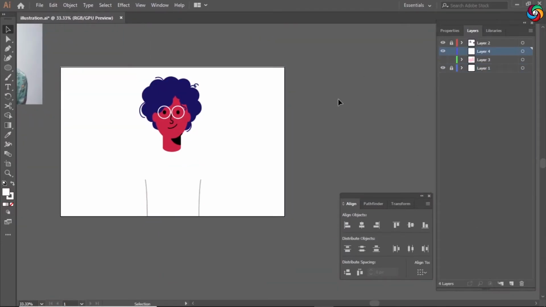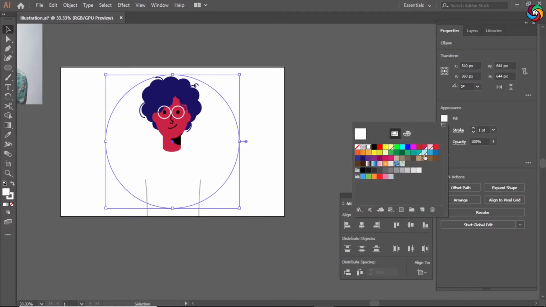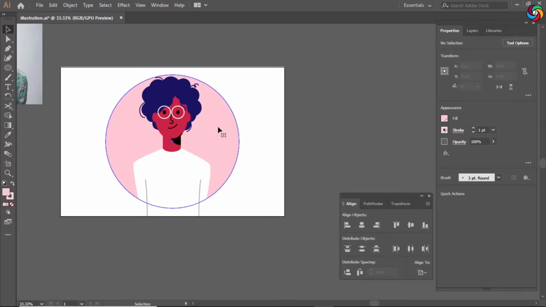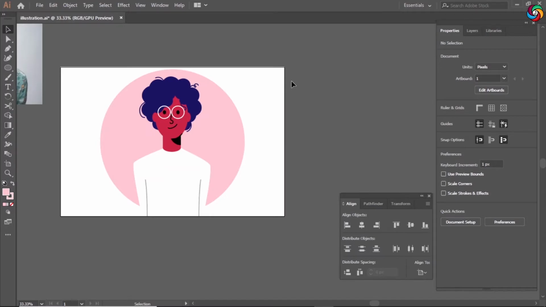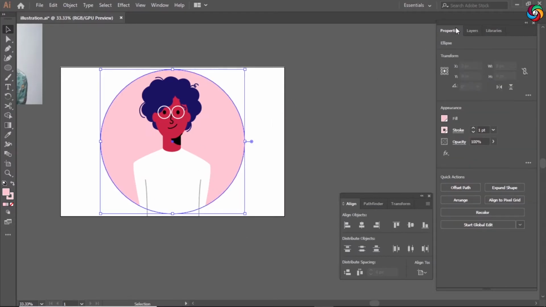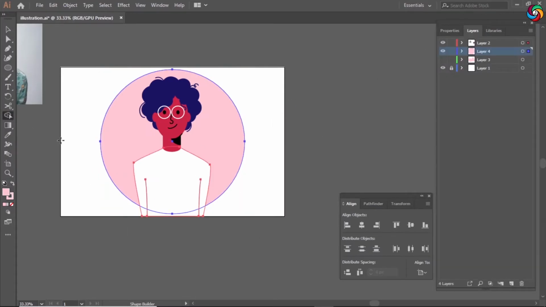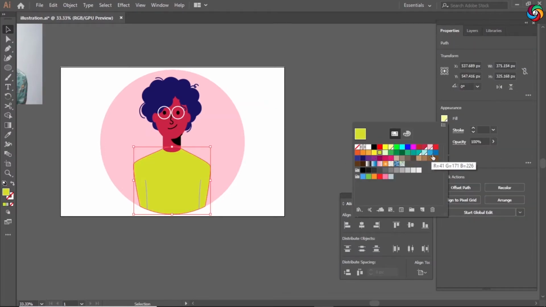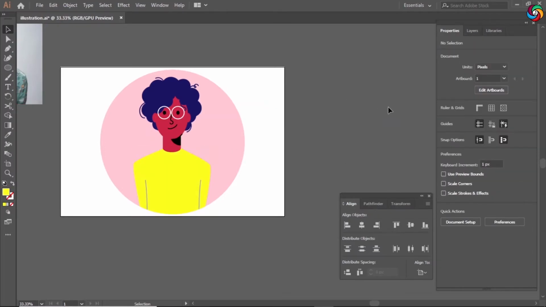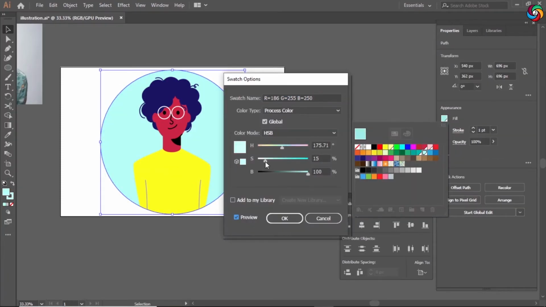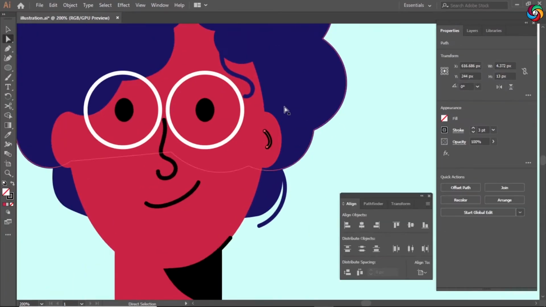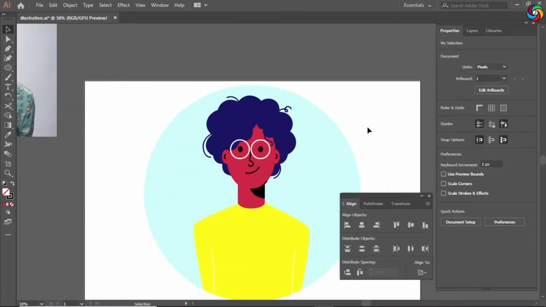So for the background, I decided that a simple circle would look nice. Now I wanted to erase the shapes that are going out of the circle, and so I just select the body, the two lines on his shirt and the background circle, and pick the shape builder tool to very quickly delete those extra shapes. After spending some time on the colors, I moved on to adding some more details to his face.